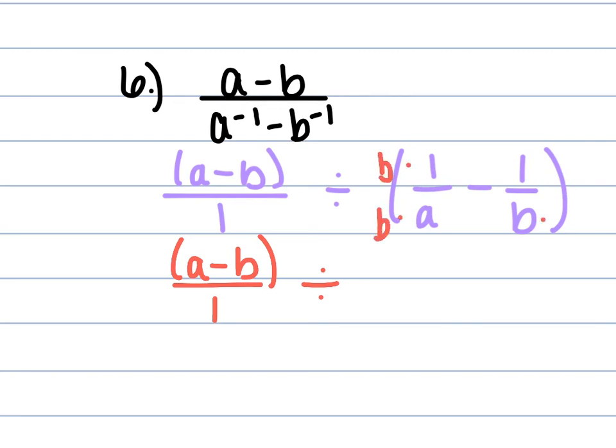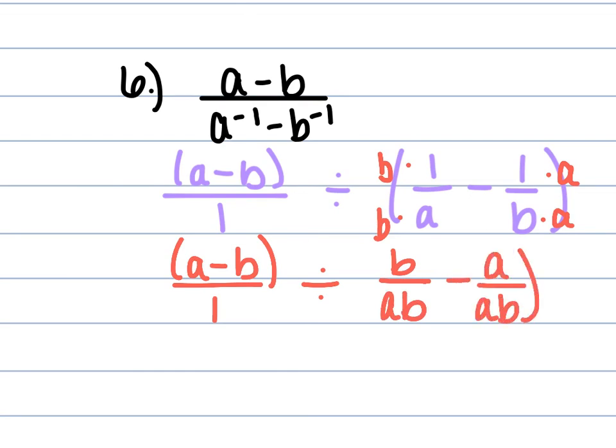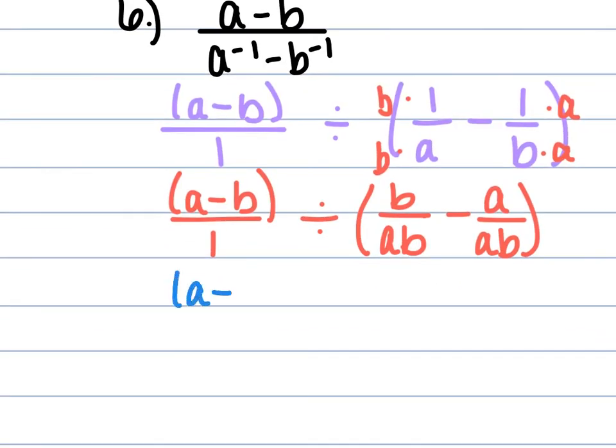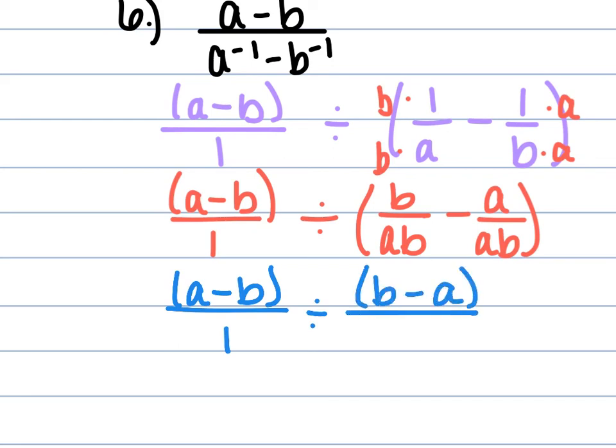Multiply top and bottom of the second fraction by b. Multiply top and bottom of the other fraction in there by a. So this is going to become b over ab minus a over ab. So now this work is going to give us a minus b over 1 divided by b minus a over